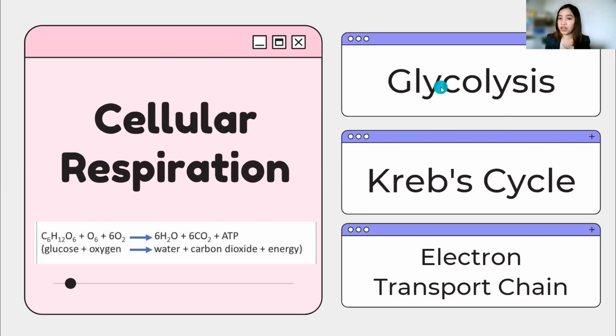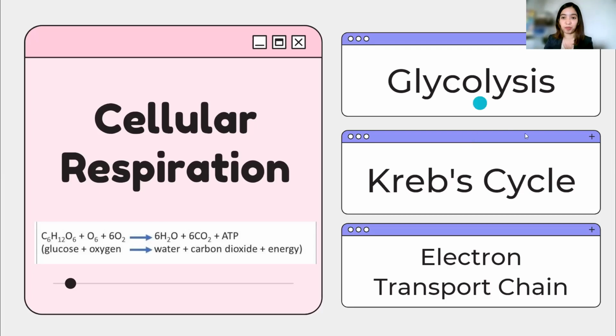So, yung cellular respiration composed siya of glycolysis, Kreb cycle, and electron transport chain. At na-discuss na natin last time yung glycolysis. So, if you want to check muna yung lecture natin about the introduction ng cellular respiration or glycolysis, so you can check yung caption natin and we will include yung link ng part 1 ng lecture na to, which includes yung introduction ng cellular respiration and the glycolysis. I suggest na panoorin nyo muna yung video na yon before going through this lecture video para mas maintindihan nyo